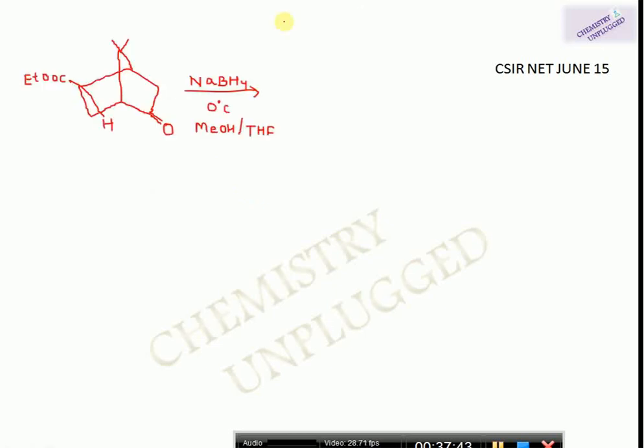Next question is also from June 2015 and we have this reactant and we are using sodium borohydride in methanol. So it is a very easy question. We have two methyl groups. So hydride will attack from the side which is less hindered. This side is less hindered. So hydride will attack from the axial side and there is the formation of equatorial alcohol and the acetate group will